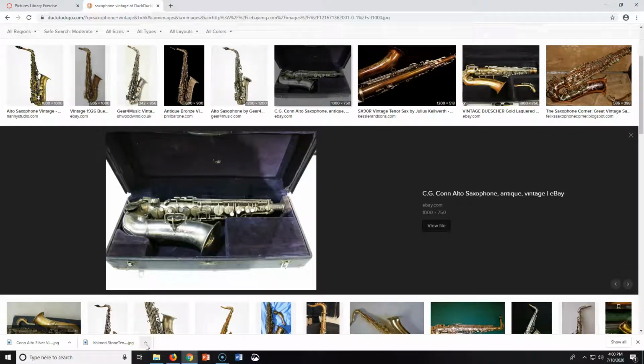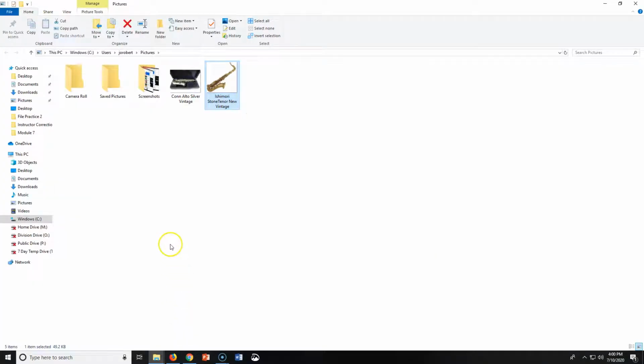When I open it, I'm going to click on this little up arrow right here and say Show in Folder. Here we go. So this opens up my File Explorer, and it opens up to my Pictures library right here. I also have the Pictures library just handy as a shortcut right here. Notice that it is the exact same thing.